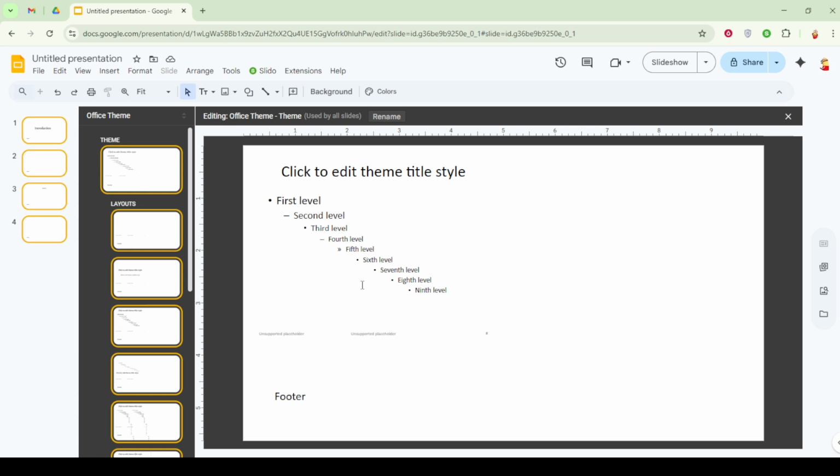However, keep in mind that while working within the Master Slide, you are also able to apply changes to specific layouts if needed. Once you are happy with your header and footer design, you'll want to exit the Theme Builder. Click the X located at the top right corner of the Theme Builder view, which will take you back to the standard presentation view. At this point, your newly added headers and footers should be visible on all slides throughout